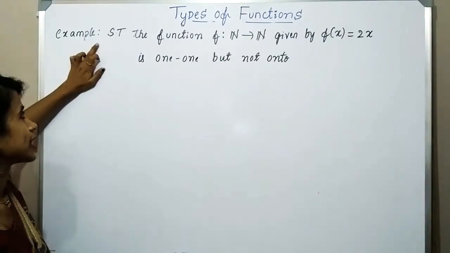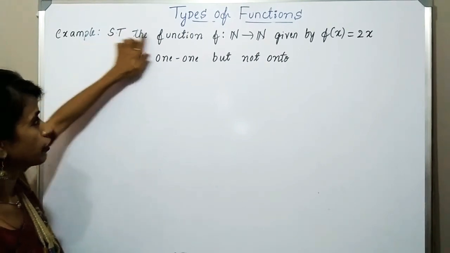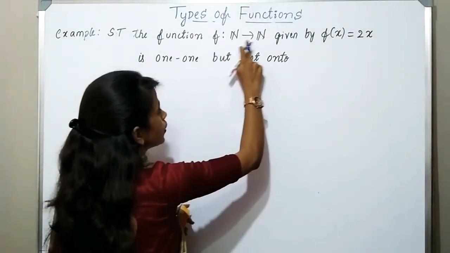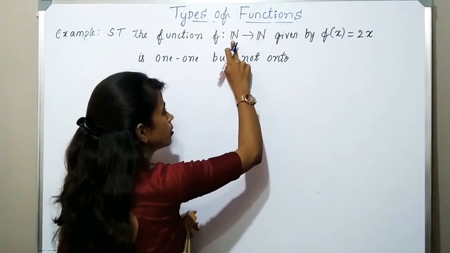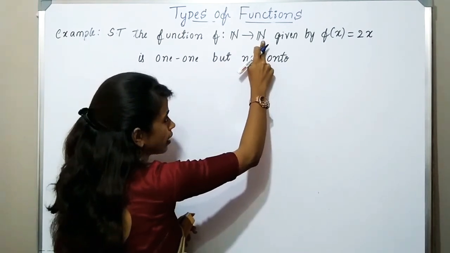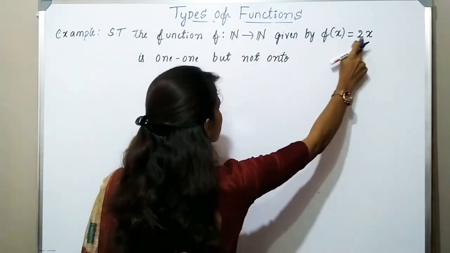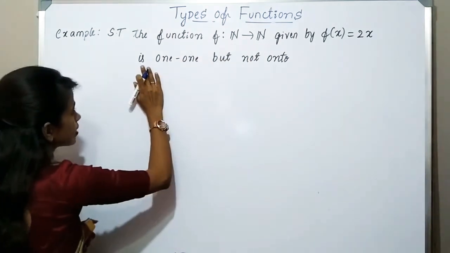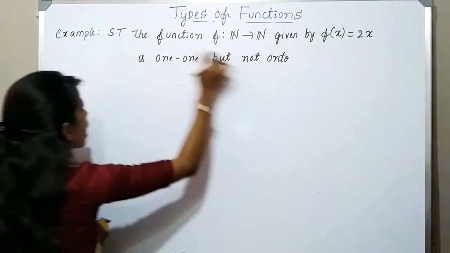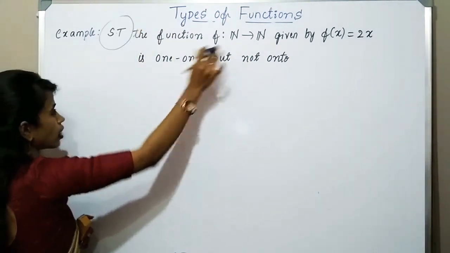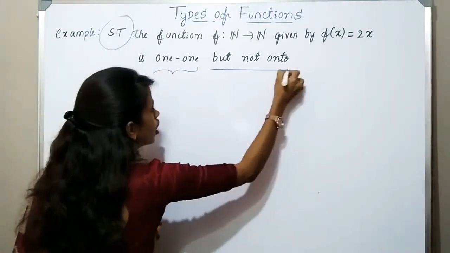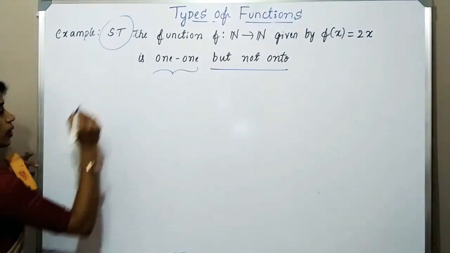Is it clear? Next example problem. Show that the function f from N to N, that is, the set of all natural numbers to the set of all natural numbers itself, given by f of x is equal to 2x, is 1-1 but not onto. We have to show this given function is 1-1 but not onto. Is it okay? So let us consider